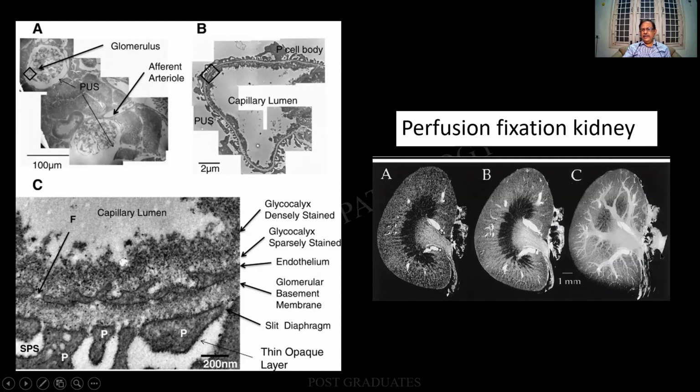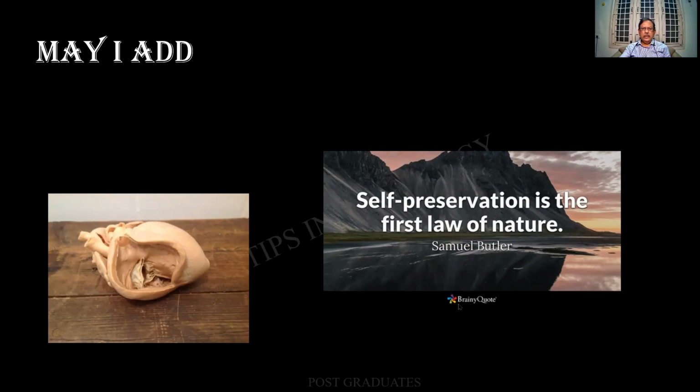Perfusion, again in the kidney. Nobody expects the kidney to be fixed like this, though this is an animal experiment. In this, I am able to find all the arcuate arteries, the end artery, the branches, and so on. So, a beautiful fixation over here, which is reflected as far as the electron microscope and the glomerulus. Look at this one. This is what we are seeing in our text as photographs. But little do we think how these are being fixed. And see what is over here.